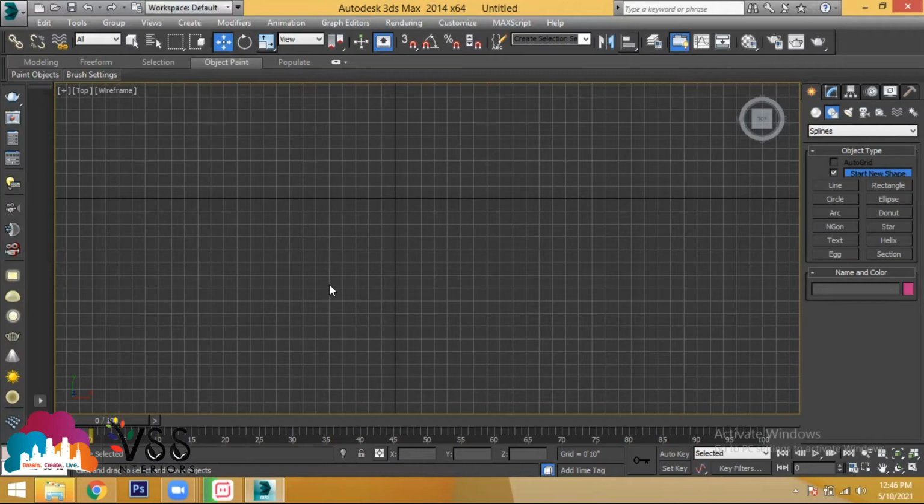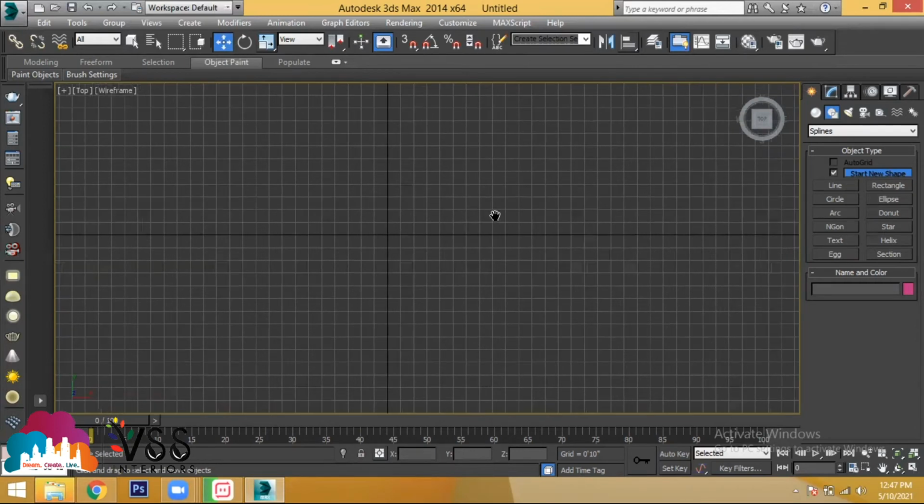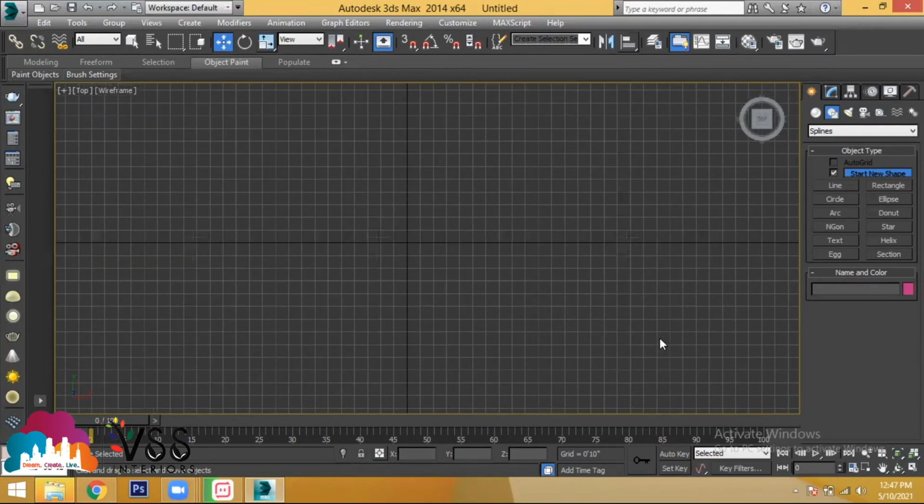So you take a starting point, move your mouse, switch on Ortho, and then you provide the dimensions, right? In 3ds Max, we don't have the option of providing dimensions for the object. Remember clearly, in 3ds Max, when you use the tool called Line, you can't provide the dimensions. That is one thing you have to remember. You can just create the object. Until you press W, the object will get continued.